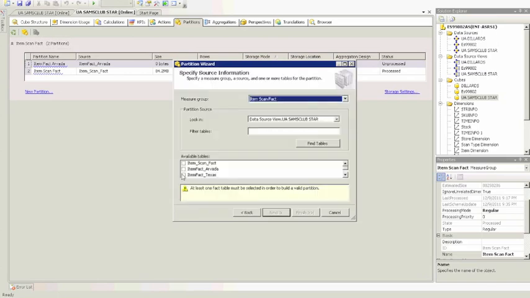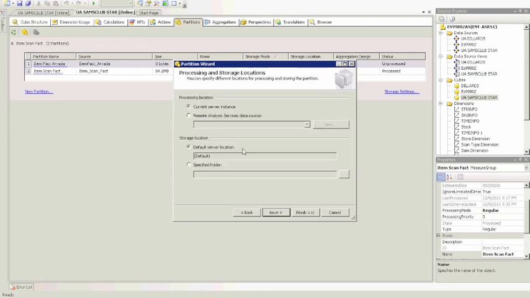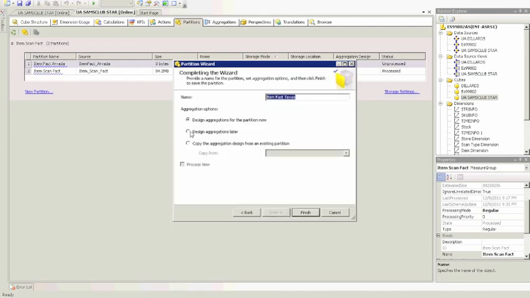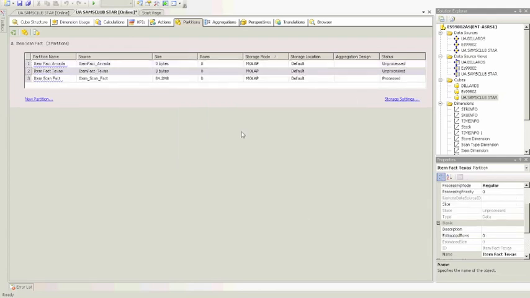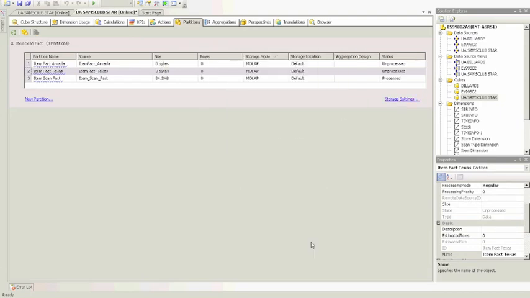We'll create the Texas partition. Don't want any of this. We do want to design aggregations later. That's the only real step. And now, if I see storage settings for this, you can see it's already medium latency. So once I try to process it this time,